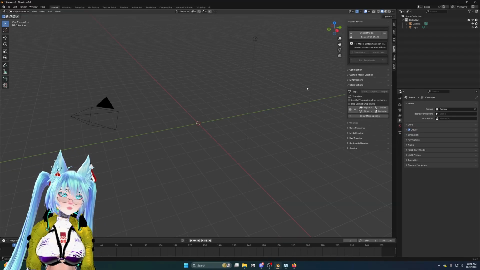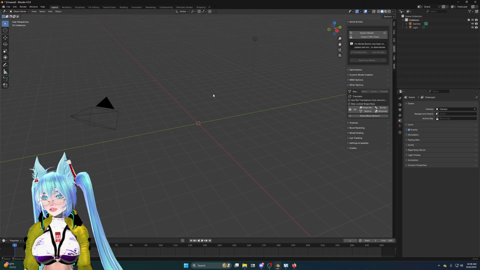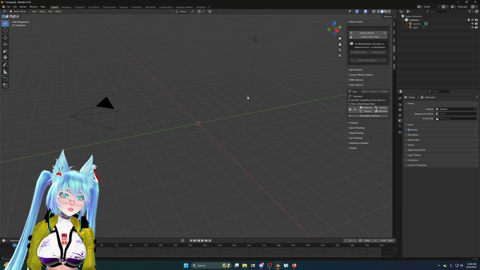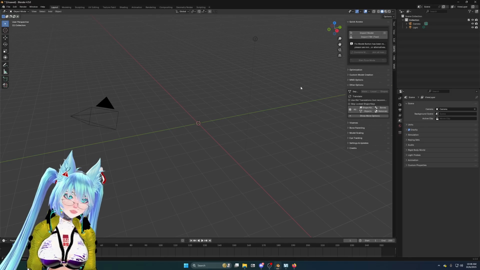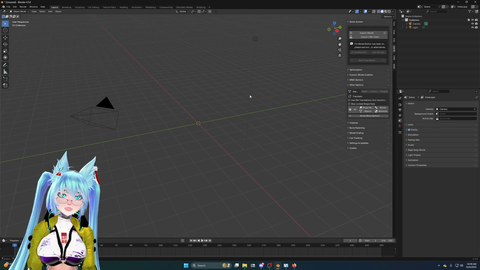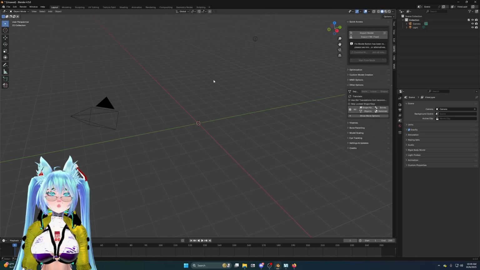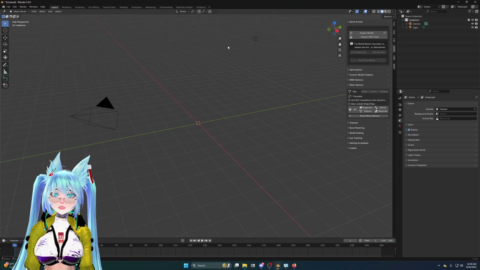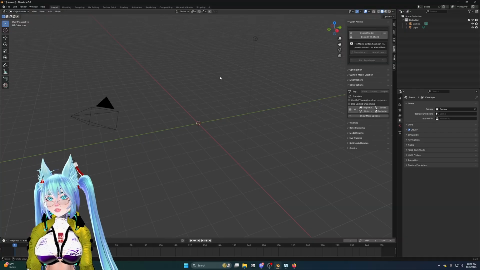For those of you that remember and were with me in the last video, go ahead and press N to open Cats. And then we're going to need other options. And this will have your materials, loose, shapes, that sort of thing for breaking up your avatar into the various materials and loose parts. Also, the quick access import model we can use, or I tend to just import via the file import. However, we are going to need an additional plugin